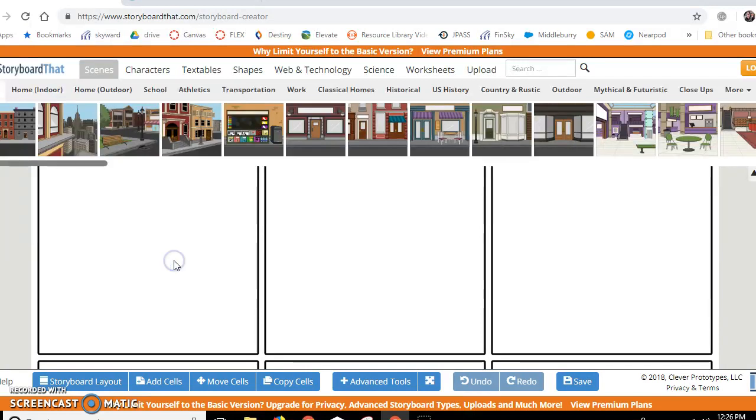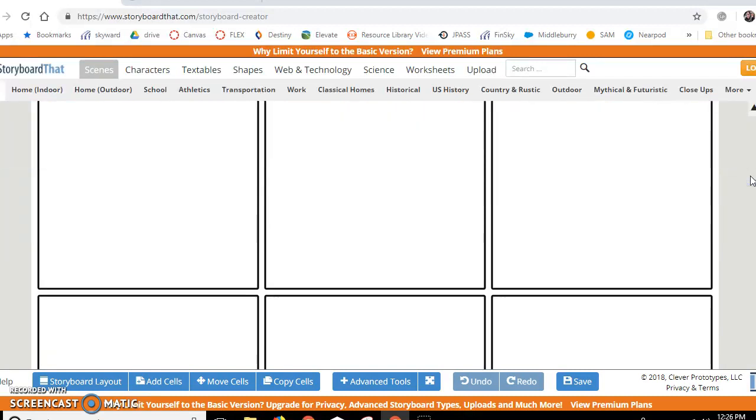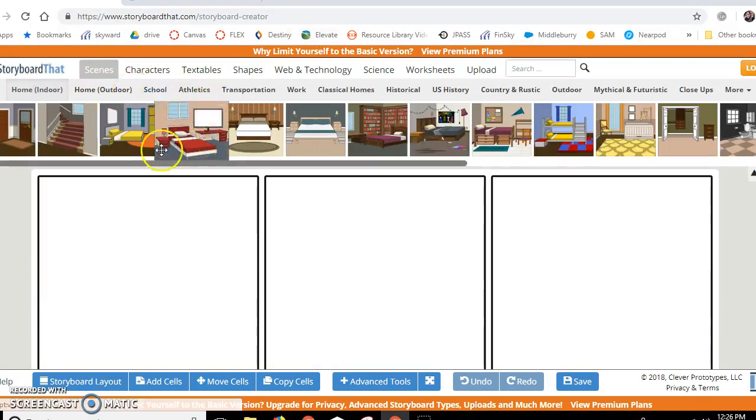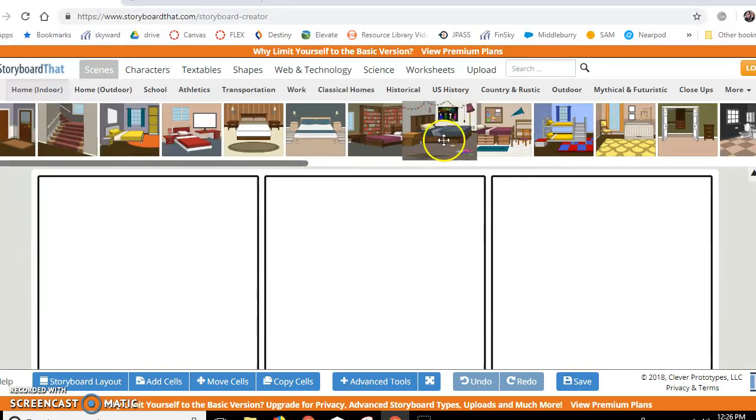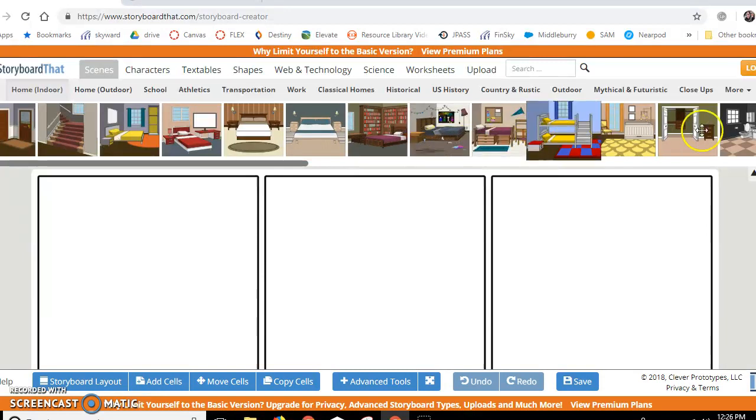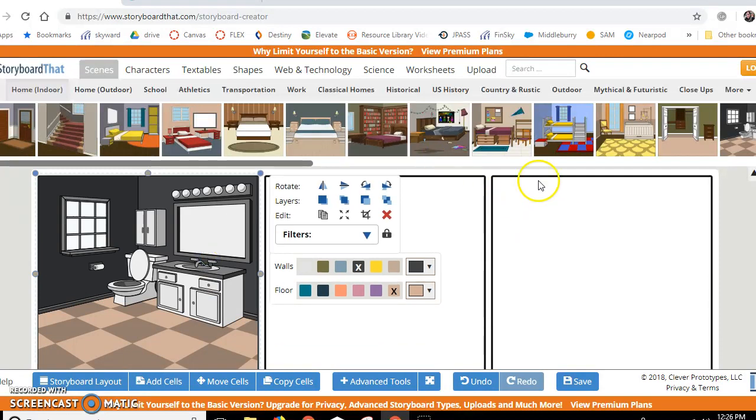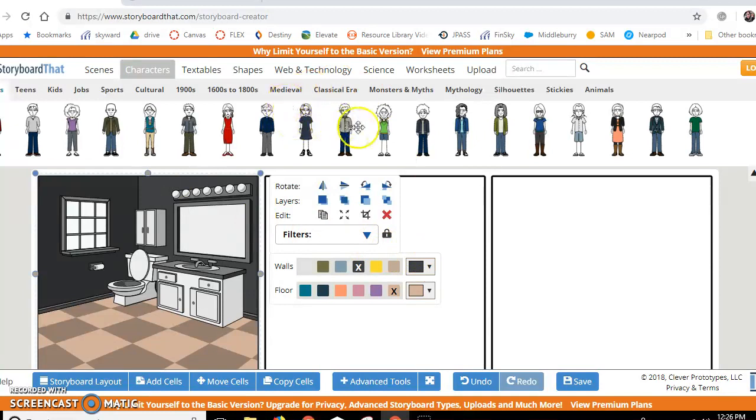So on the first square, say I want it to take place in, here's some different scenes that you can do. Maybe home, indoor. I want it to take place in my bathroom because that's a good place for me to learn a lesson. I can also do characters. So if I want to add people,